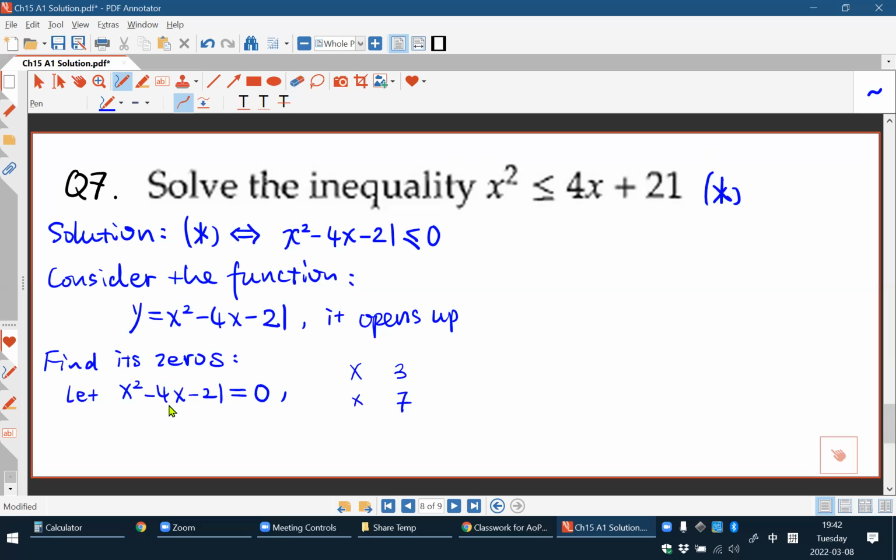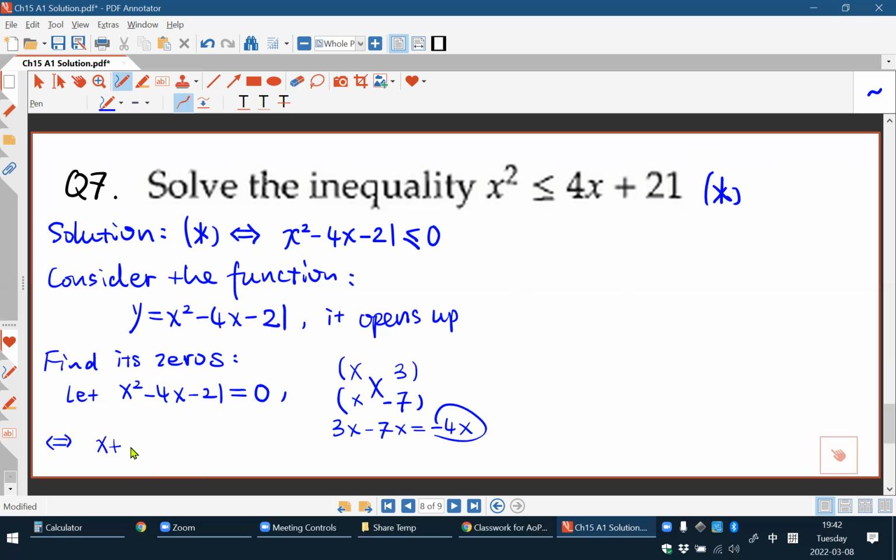Because we have negative 4x in the middle, probably I'll put a negative symbol here. And by examining the cross multiplication, we'll get 3x minus 7x, which is negative 4x, exactly the term in the middle. So it's possible to factor this expression